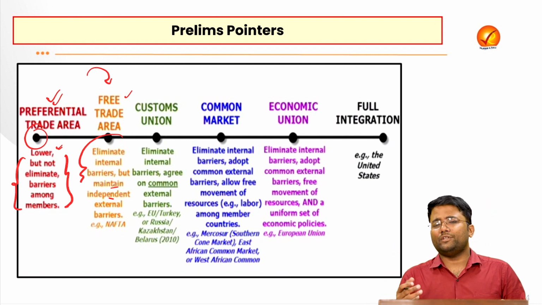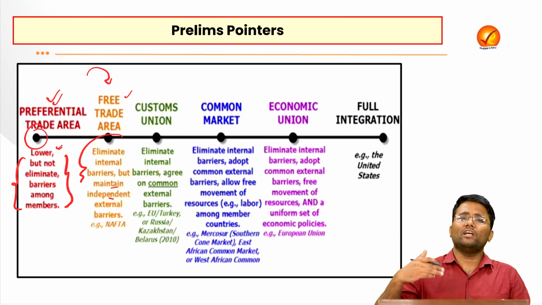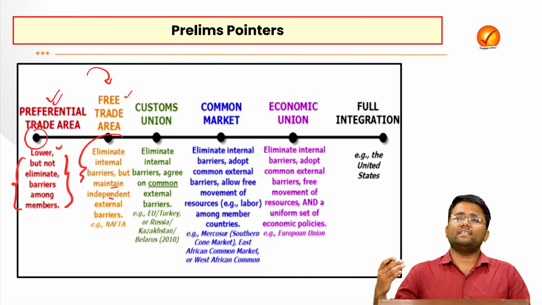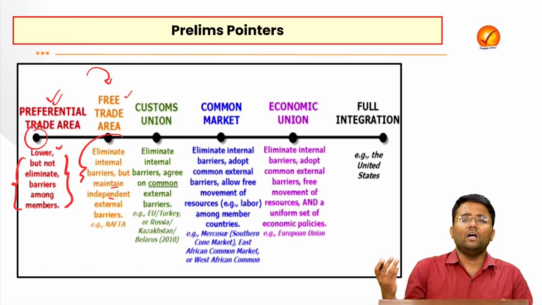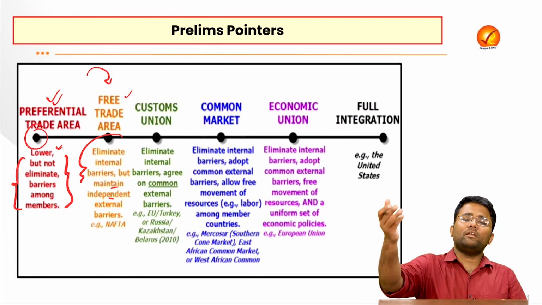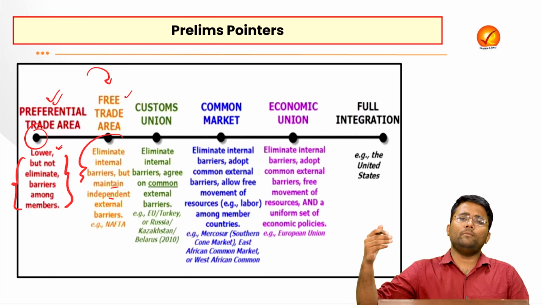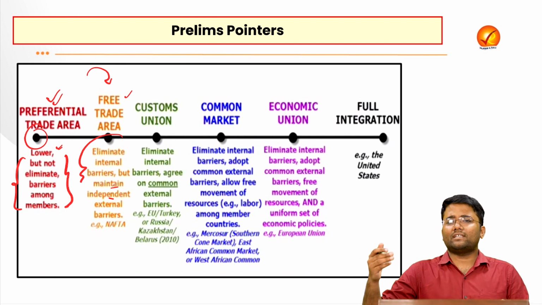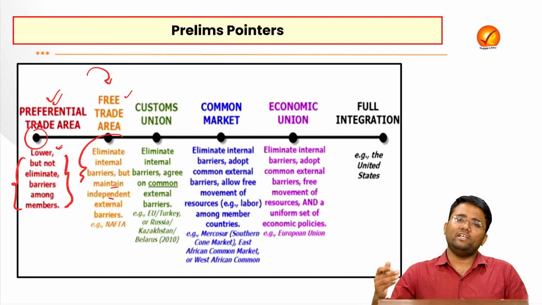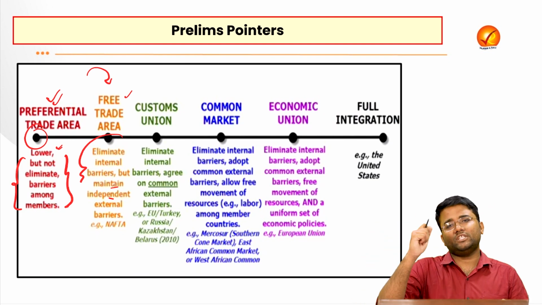And why is this done? To ensure that there is better market access for the products. For India, let's suppose India is a good producer of basmati rice, so India will have better market access. The tariffs that were earlier imposed by other countries, they will be reducing the import duty or the customs duty on the basmati rice of India, so India will have better market access, India's export potential will increase.